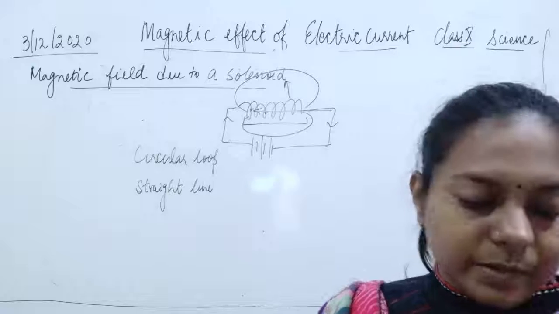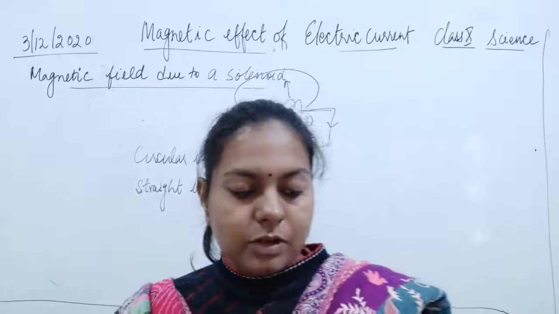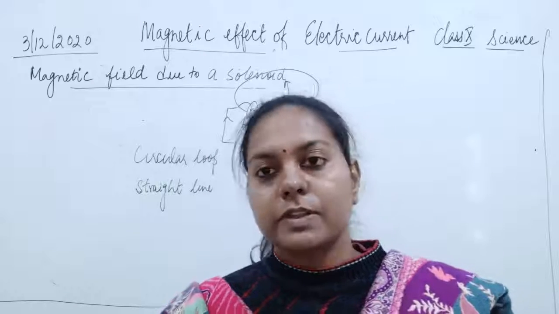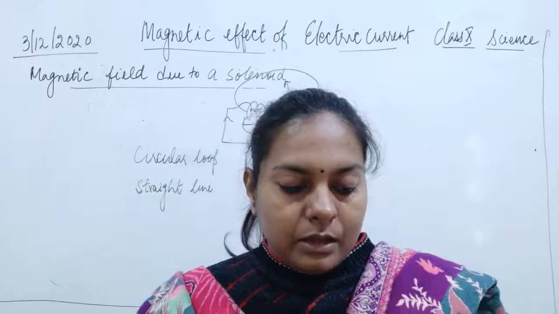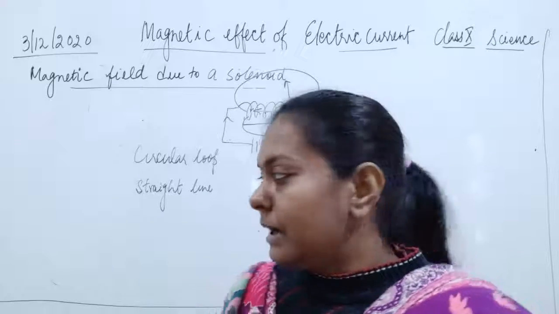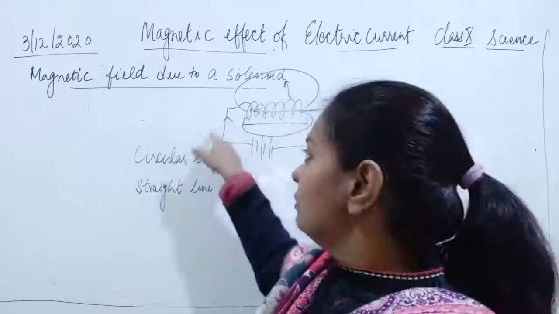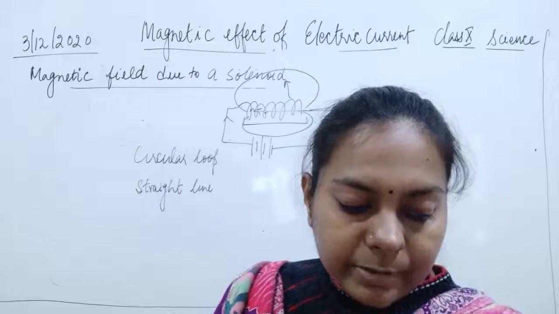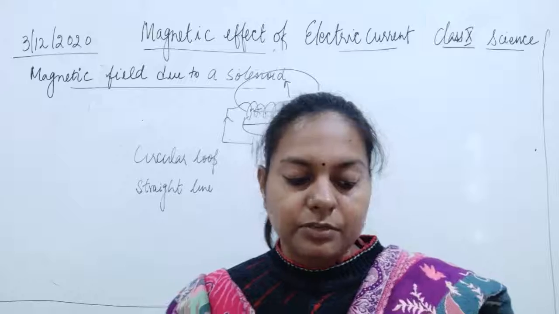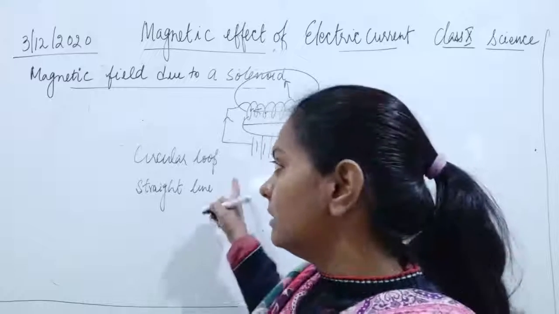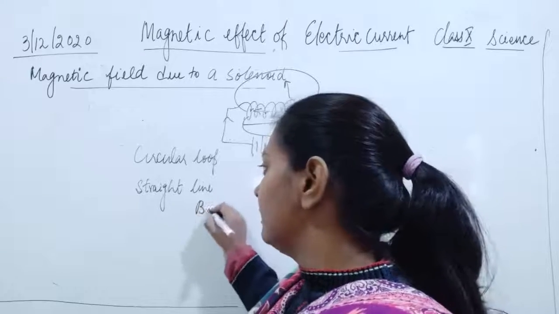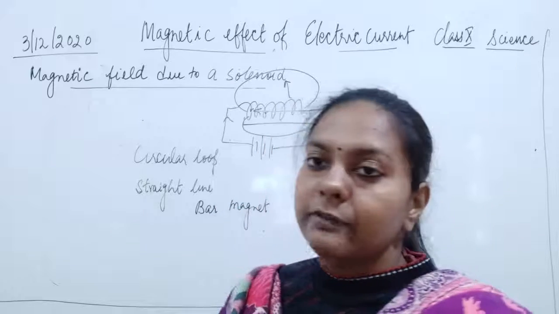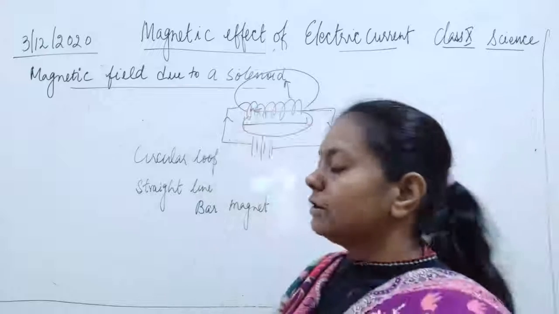Fine. So please remember, what is a solenoid? A solenoid is a long coil having a large number of closed turns of insulated copper wire. The two ends are connected to a battery, as I have connected here. Two open ends are connected with the battery. The magnetic field produced by a current carrying solenoid is very similar to that of the bar magnet. The magnetic field of a solenoid is very similar to that of the bar magnet.